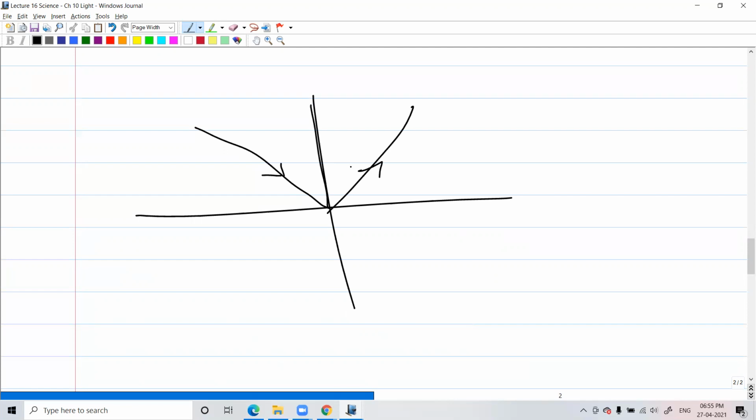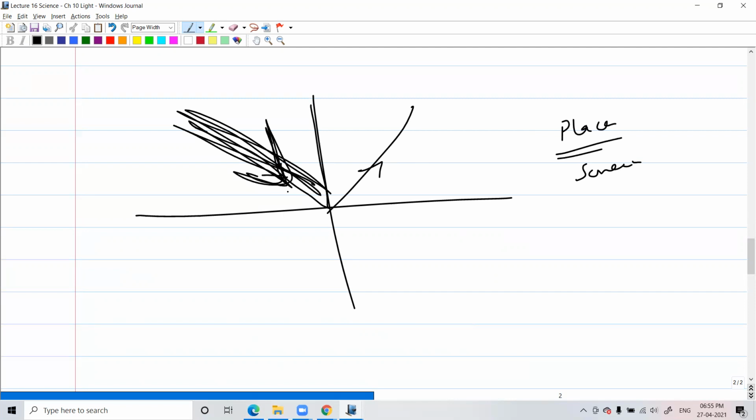Suppose this plane I'm talking about is the screen of your mobile or laptop, whatever you're looking at. So if your screen is a plane, it means if the incident light is coming in this plane, through the screen, the normal will also be on the screen, and the reflected ray will also be passing through the screen only. It's not like it will come out of the screen towards you. Does that make any sense?